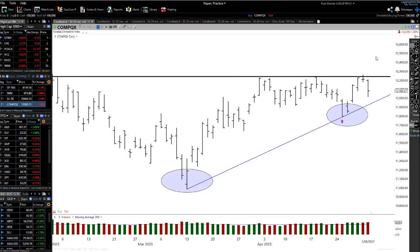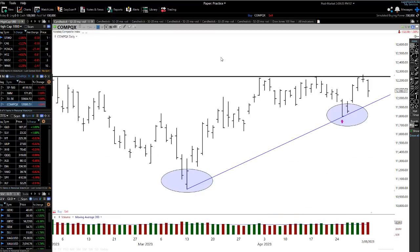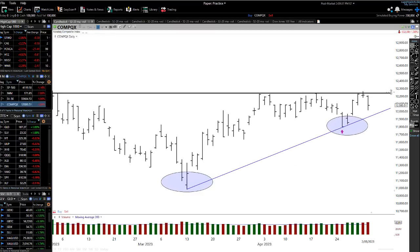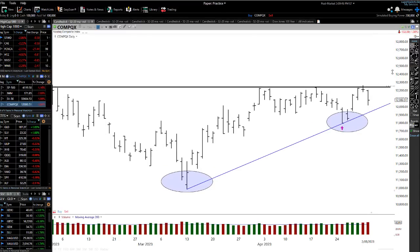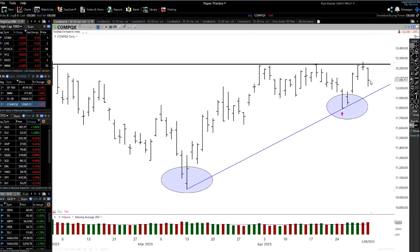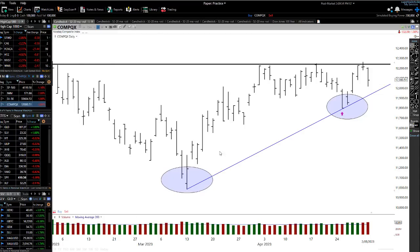If we do get a big up move tomorrow out of the markets, then let's look at this here. Then the Nasdaq could be getting ready to see a breakout here. The Nasdaq could be getting ready to see a really big, strong move, like a 6+% move out of that. So it's really interesting to see that we're getting this pattern here before the FOMC announcement comes out. So now, guys,